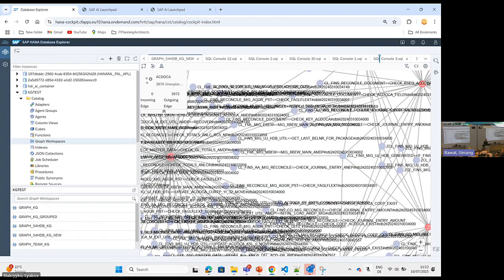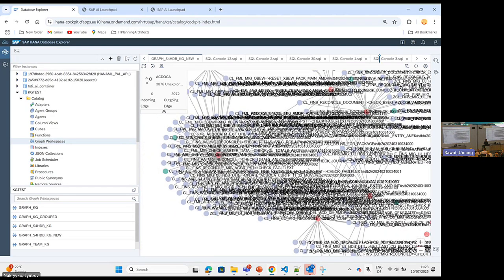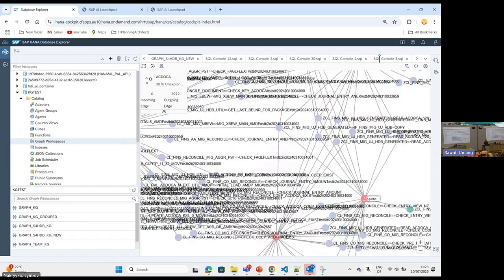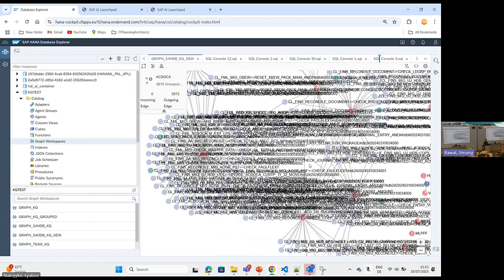And even you can see here, for example, we have our AC Docker table, and it already looks like a mess. And we can see that 387 nodes have even been hidden because it's not possible to show all of this. And also here we can see that some of the connections are hidden because it's not possible to show all of that. But yeah, so this is basically how to do this,